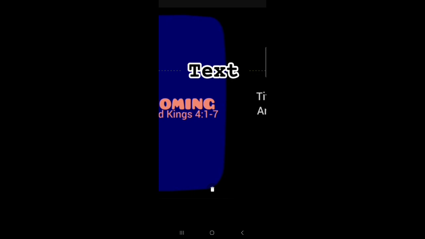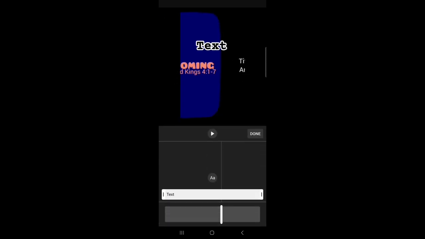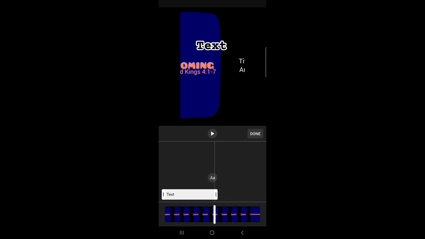So if you got a video, say you're talking on a video or whatever you're doing, and this is how you want it in a certain spot, all you gotta do is come down to the bottom, hit timeline, and make this smaller. And then whenever you hit done,